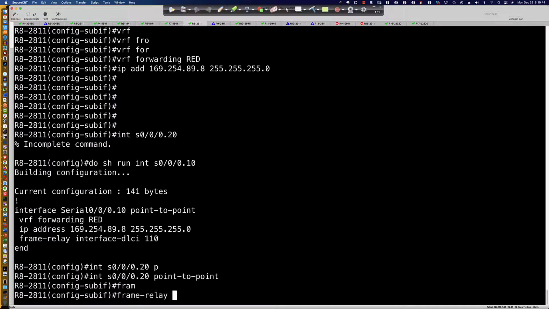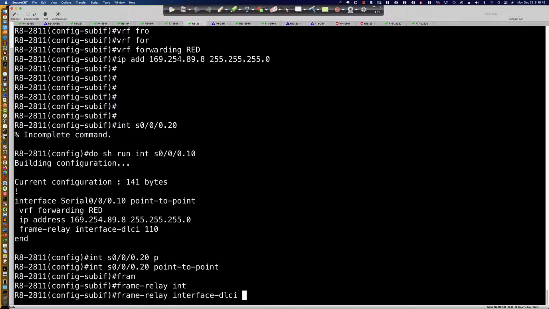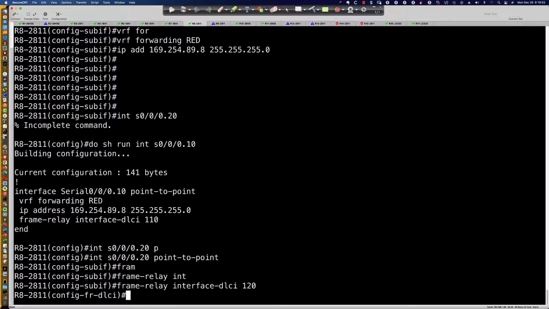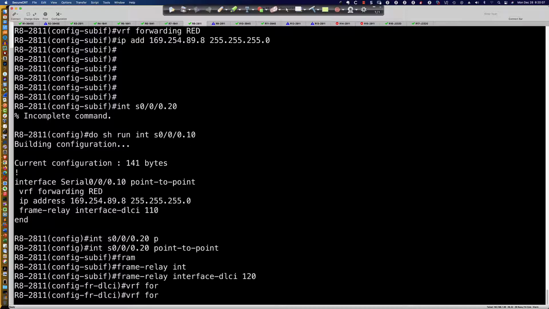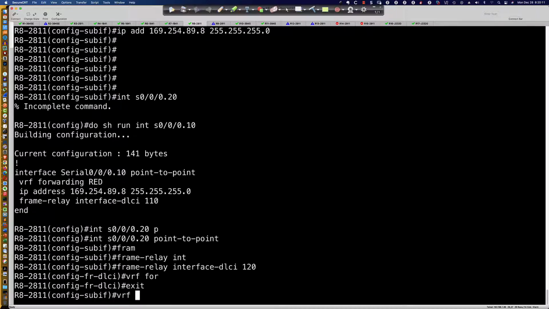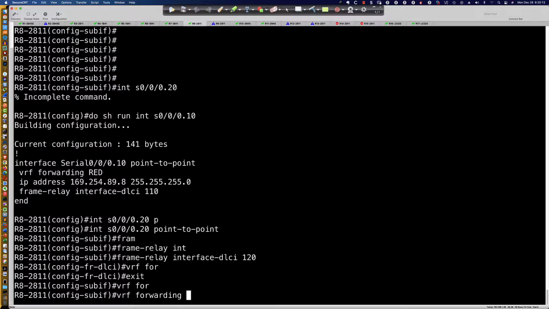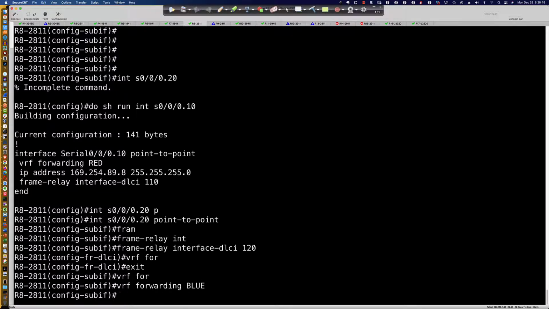And then we can say frame-relay interface-dlci, and we'll say 120, right? Encapsulation dot1q 120. And this is, again, locally significant on this router until we configure the other side. Remember, those DLCI values need to match between the two. And then we're going to say VRF forwarding. Oh, I keep forgetting I'm in the DLCI subconfig. VRF forwarding. In fact, maybe I should be doing the VRF first. So we'll say VRF forwarding blue, IP address